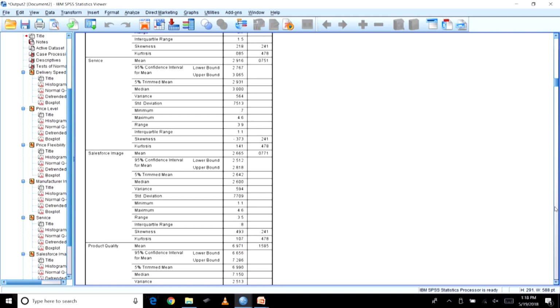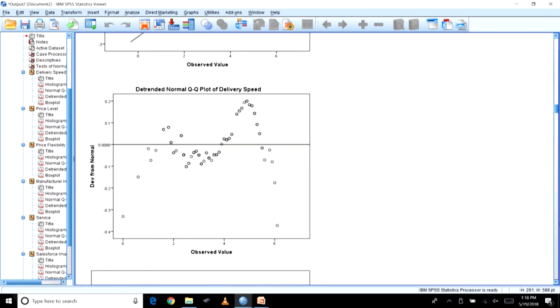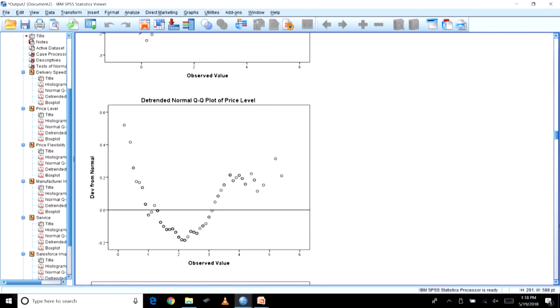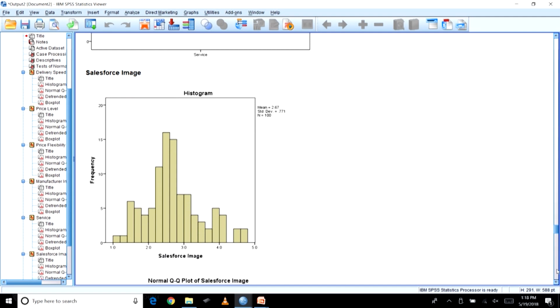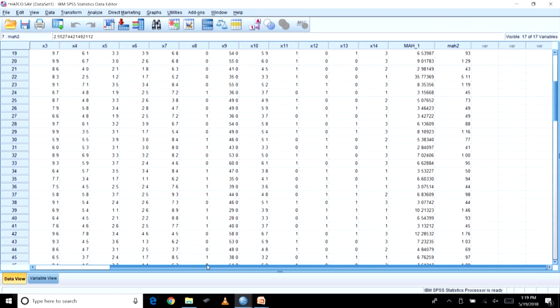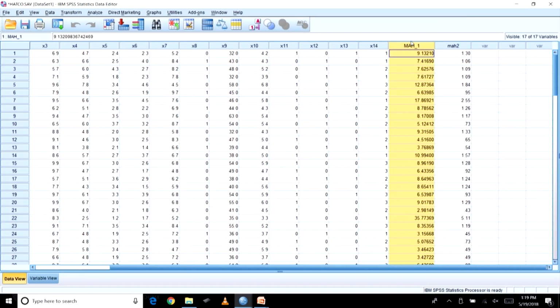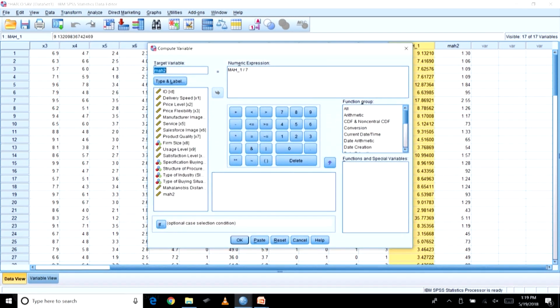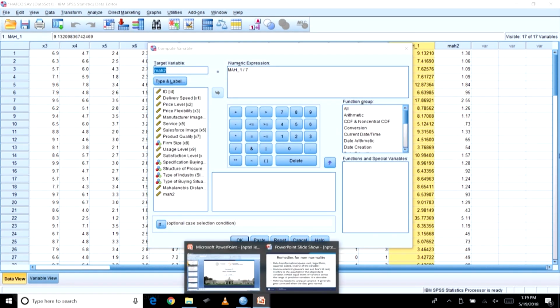So, there is a slight skewness. Let us go down and check the Salesforce image, right. Now, from a normal observation, I thought it is not a very big problem, but it shows a slight non-normality problem. So, when I have a non-normality problem, how do I address it is a $1 million question. Let me show how to check that. In order to address it, you can transform the data. Let us go back to the slide first.